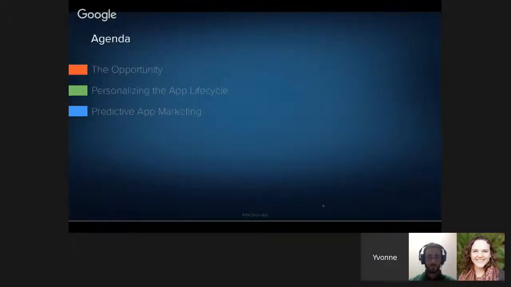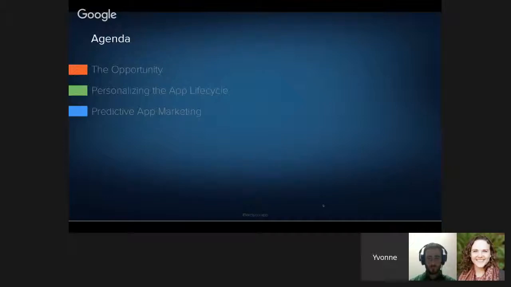We will go through today basically the opportunity that we see in terms of why we believe apps are unique and provide a different type of landscape for personalizing an experience for users, which then brings us into how we think about the world, which is around the app lifecycle. So we talk a lot about different ways that you can personalize the app lifecycle.